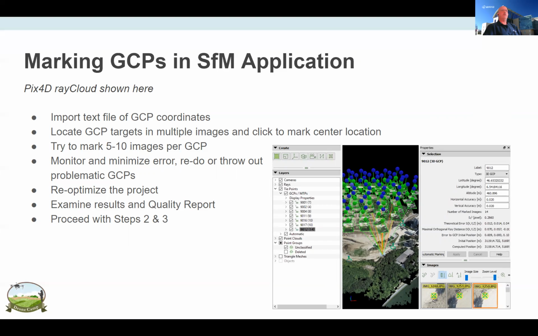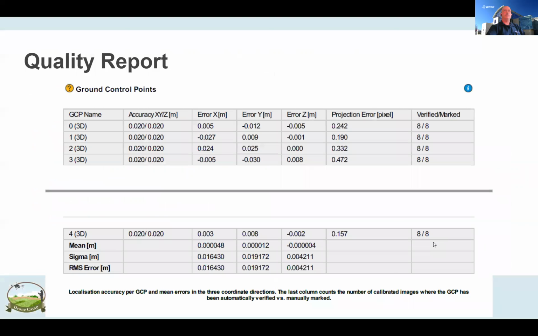After you're happy with the way things have gone and you've marked at least 5 images for every ground control point, you re-optimize the project and you take a look at the results both there and in the quality report. And if you're happy with things, then you proceed with creating the rest of the mapping products and doing processing steps 2 and 3. So looking at the quality report,